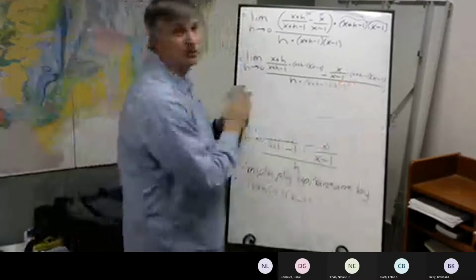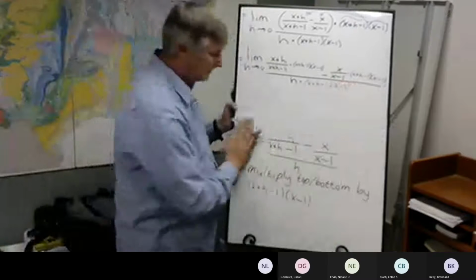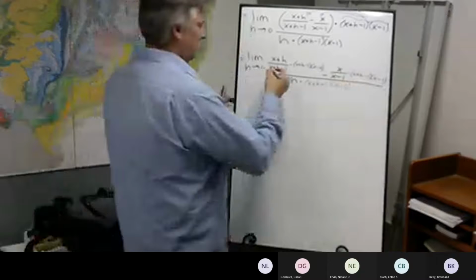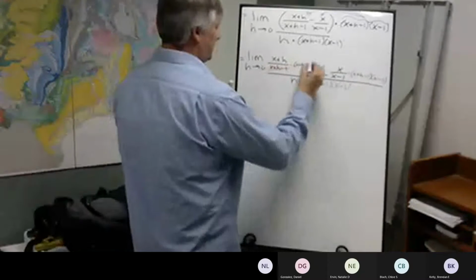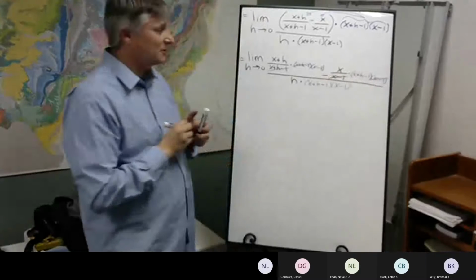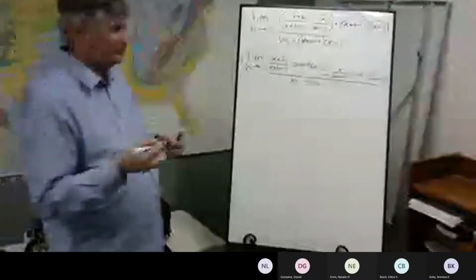So what this is going to do is going to let us cancel those denominators. And the result will cancel this and this, cancel this and this. And so that's going to leave us with